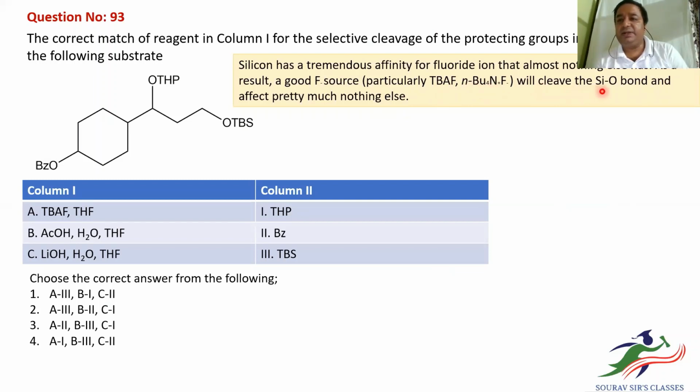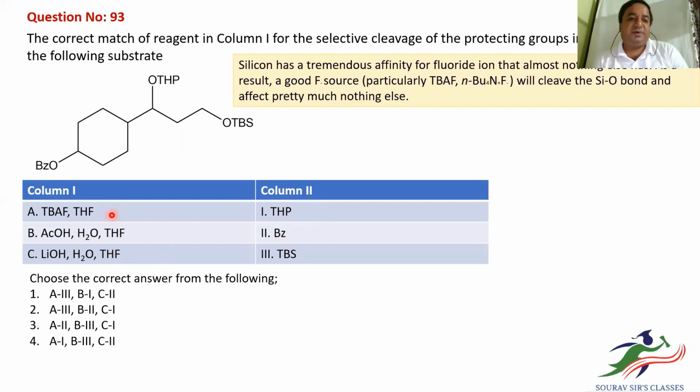it will attack the silicon and break the Si-O bond, not affecting any other protecting groups, just like THP, that is tetrahydropyran, or the benzyl protecting group. However, if you're using acetic acid in presence of water and THF, then the tetrahydropyran will get protonated and it will enhance its cleavage. So selectively, the tetrahydropyran unit, which is used for protection of alcohols mostly, can be cleaved off. If you're using lithium hydroxide in presence of water and THF, the benzyl unit will be going